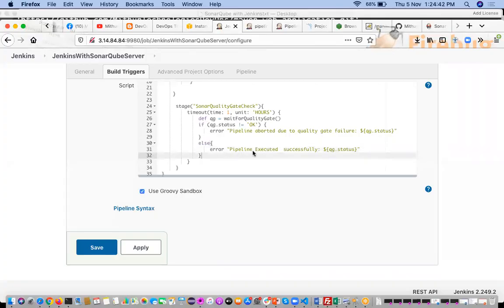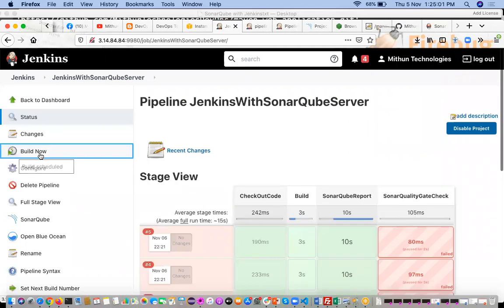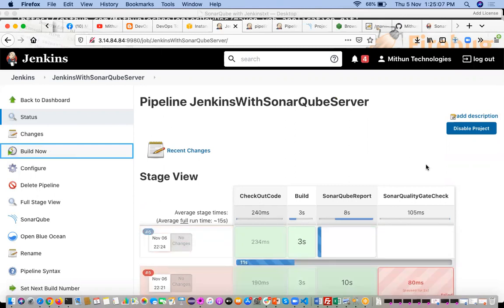Okay, so here I made a small mistake. Instead of error, you have to use print. So it is assuming that it is an error message. So you have to use print. Here I copy pasted, no? That's why it's a mistake. Now you can go ahead and click on build now. So now it is going to mark as passed. So that is the problem.